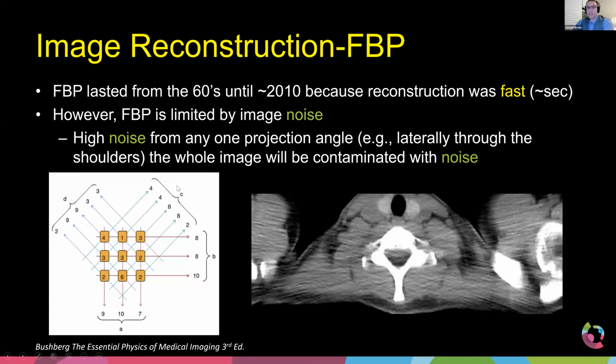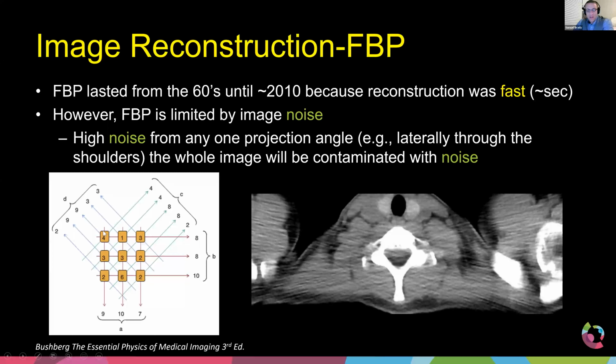But the biggest limitation for filter back projection in CT is that when you create an image, each one of the projected images, every angle that the CT scanner collects data as it spins around the body, every one of these angles, if it ever passes through a specific angle where there's a lot of noise, as an example, going laterally through our shoulders, that noise is propagated into every pixel or voxel in